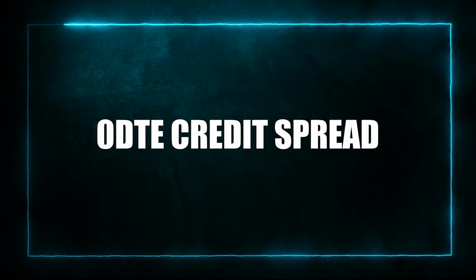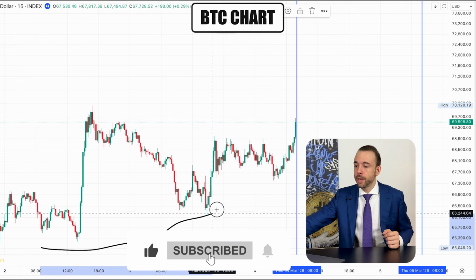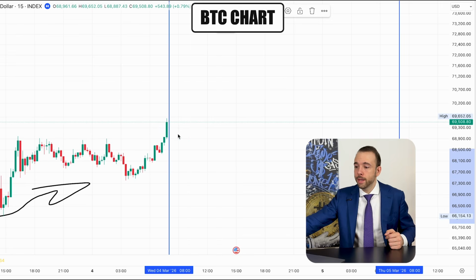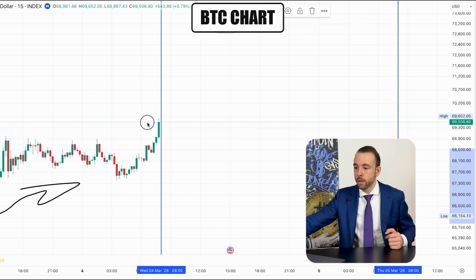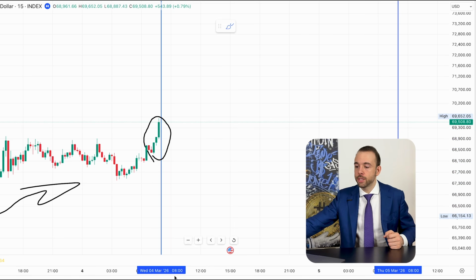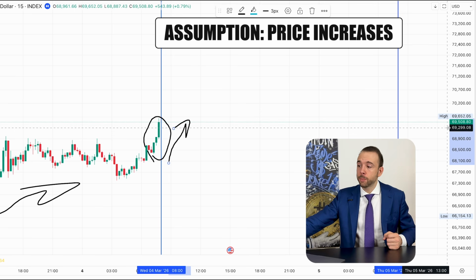The first strategy is called the zero DTE credit spread. Let's take a look at a real example. Here you can see the Bitcoin chart. As you can see, Bitcoin has a price increase and a strong rally. Here we can also see a nice bullish pattern with 3 green candles. The trader at 8 AM assumes that the price of Bitcoin will continue to increase, and the current market price at that point is equal to